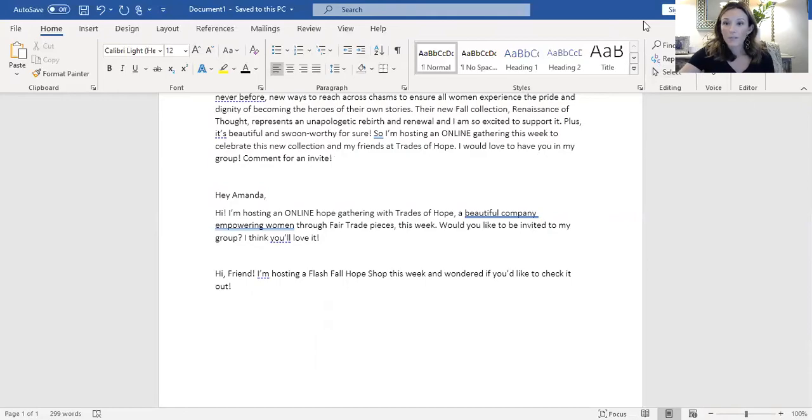So the main thing you want your hostess to understand is that this is the hardest part. If there's a hard part of hosting a party, this is the part where it's really on her. It is completely dependent on her to get people there. You do the rest. You can facilitate, you can do all the posting, you can do everything else, share the mission, share the products. She's got to get people there. If there's nobody at the party, then it can't happen. So really make it easy for her, but also emphasize to her 25 to 50 people in a group, that she really wants to get people there and engaging.